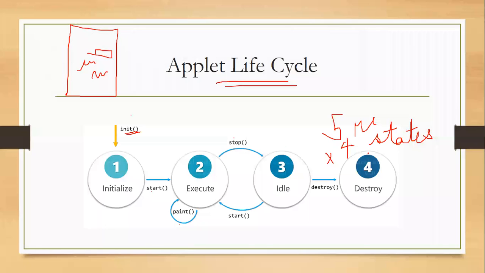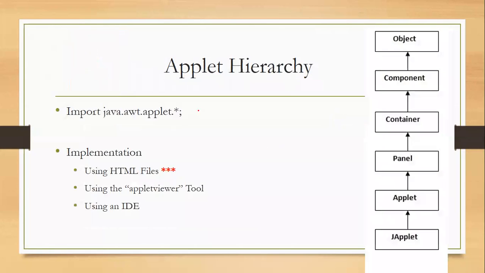I'll continue. Now, you might be wondering, how do you create an applet? Before we see how you do an applet, let's quickly talk about the applet hierarchy. On the right, it is the applet hierarchy. You have the main class object. From the object, we have the subclass component. From component, we have the subclass container. From container, we have the subclass panel. And then from panel, we have applet. JApplet is a subclass of applet. To use applets, you'll have to import